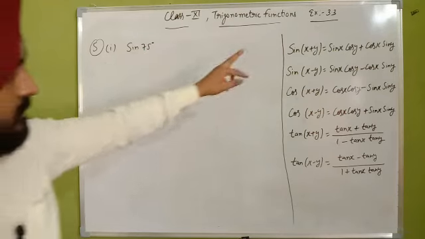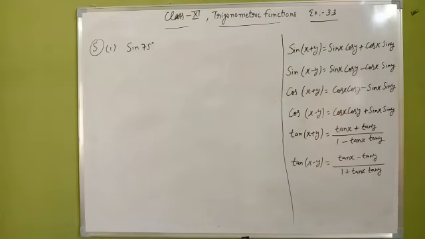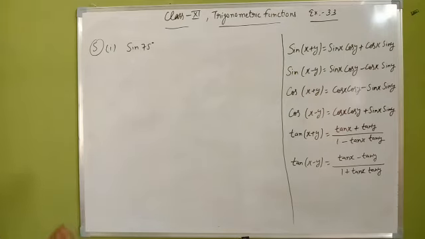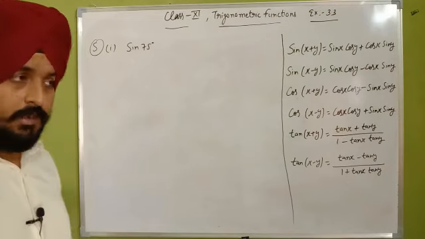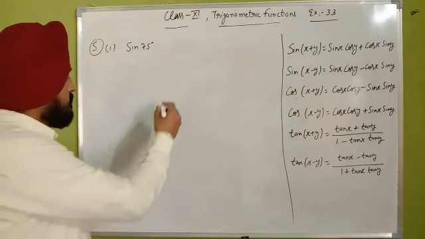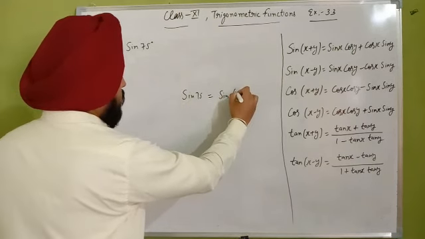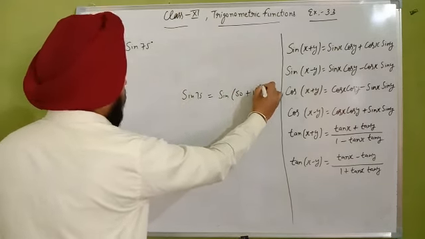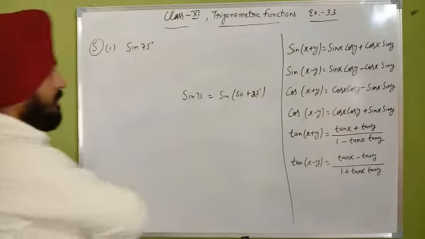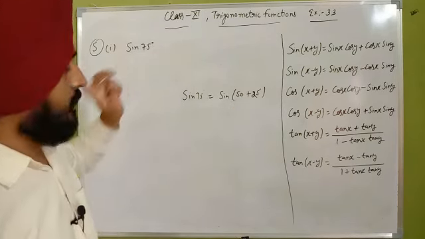So these identities will help you find the value of sin 75 degree. Now you have to concentrate on the 75 degree. You have to split it in such a form that you must know the values of the two angles you split into. For example, I am splitting 75 degree as 50 plus 25 degree, which also gives you 75 degree.